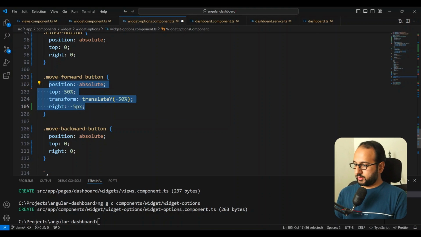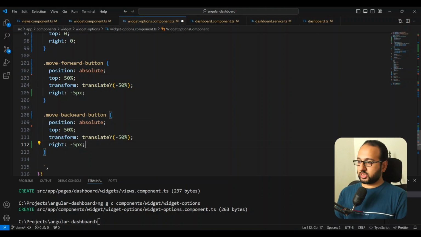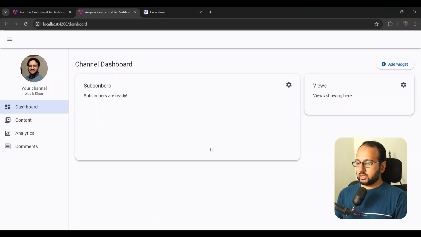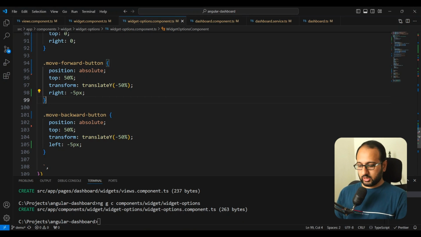So similarly, we're going to copy this here as well. The top and the transform is fine, but on the right, we're going to make this the left because this is the backwards button. Okay, let's see how this looks. You can see that our buttons look great. So we want to add the functionality for them now. Let's go to our